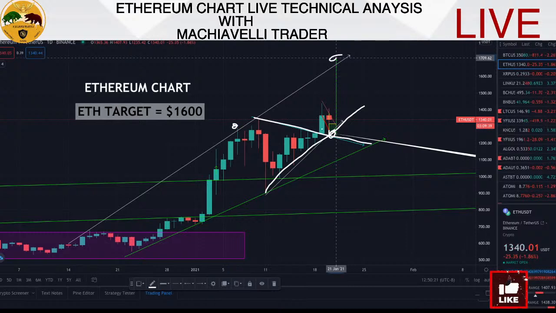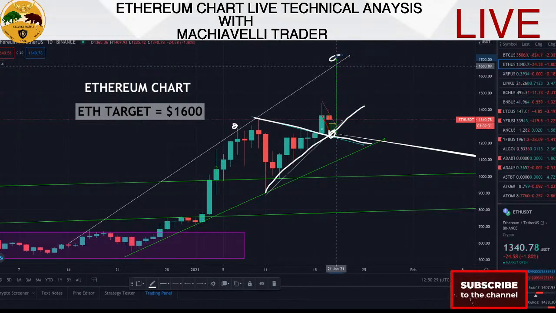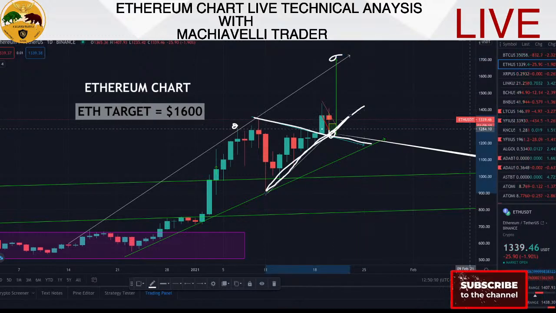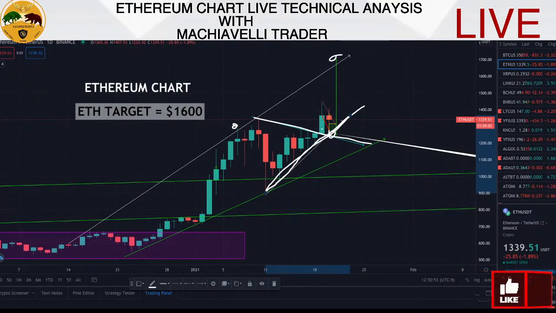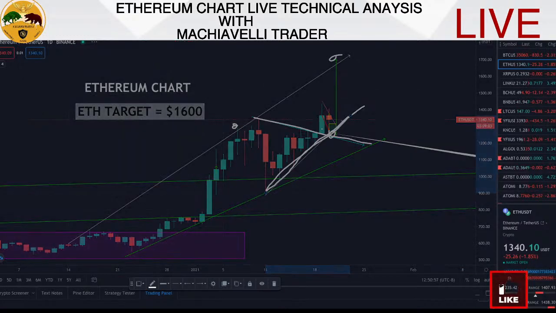So the target for me is 1600 on Ethereum. We're likely going to see 1600 on Ethereum from this current zone of 1300, right? That's the zone we are right now. But we're going to likely see a way that bulls are likely going to hold on to this support trend line. So this 1339 zone is likely the point where bulls have successfully been able to place a clear 3-bar